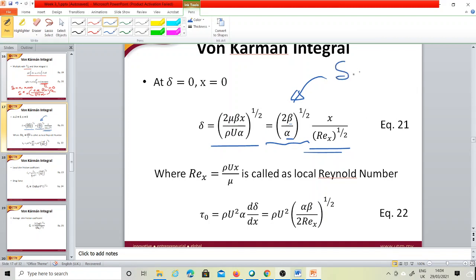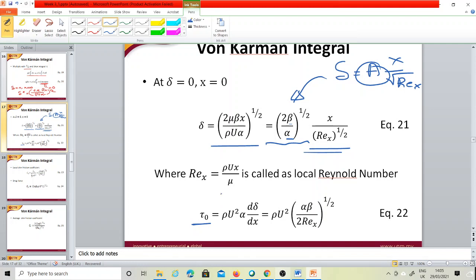You remember what I said, you will have some constant a, b, c, whatever it is, then x by root over of Re x. So this a is just a constant, it depends on beta and alpha. It depends on beta and alpha. Okay, so in a similar way,